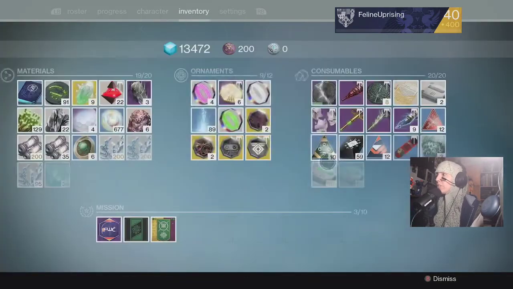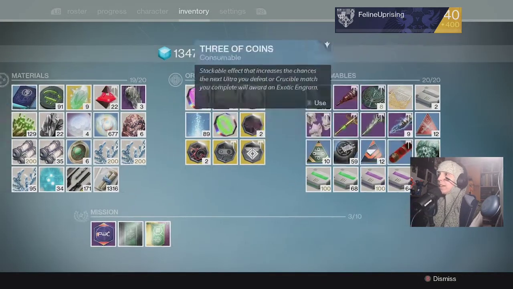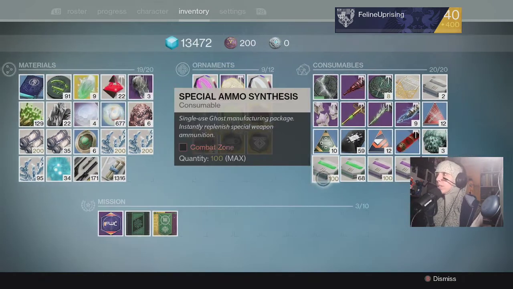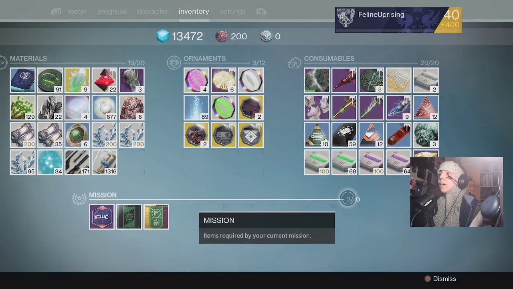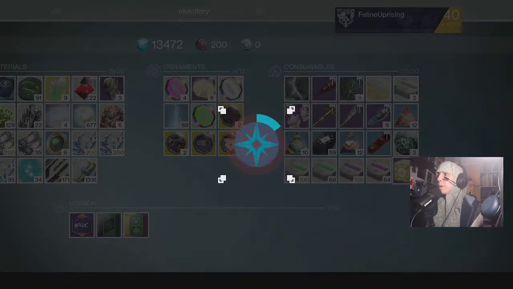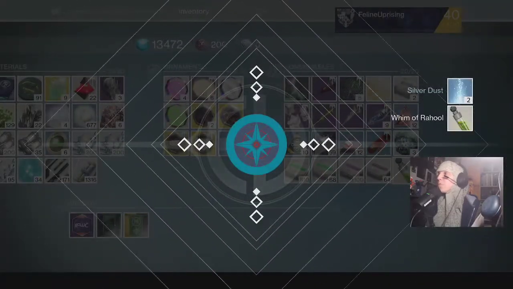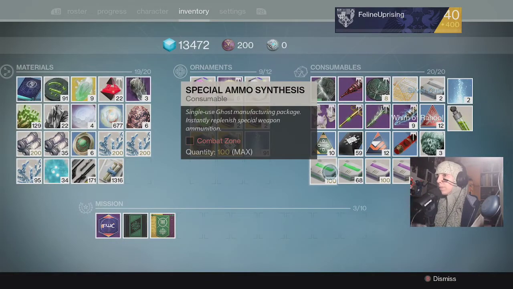I have a Treasure of Ages box here to show you, to give you an idea of what you get inside. I got a ton of silver dust you can use in the silver dust store. It's got some good stuff, including Vanguard reputation boosters, ornaments, sparrows, you name it. Tons of good stuff. Maybe I'll show it off later on. Treasure of Ages boxes come with a ton of different random stuff. There's probably something also waiting for me. So I got 2 silver dust. There's probably something waiting for me in my